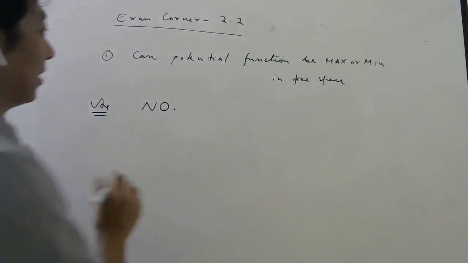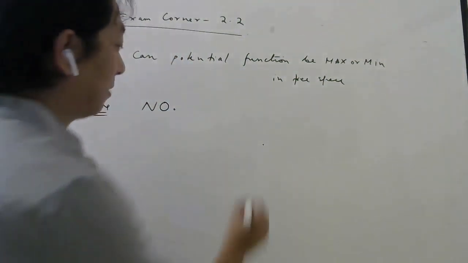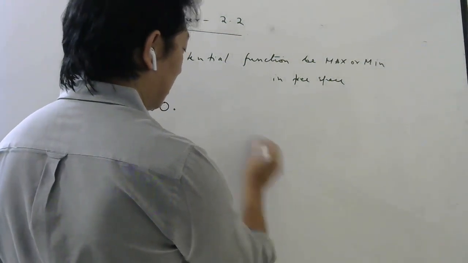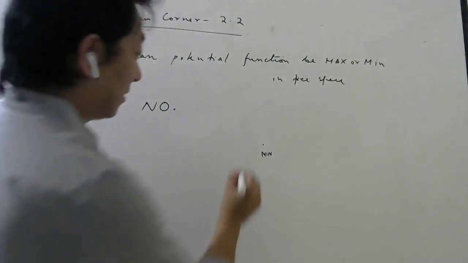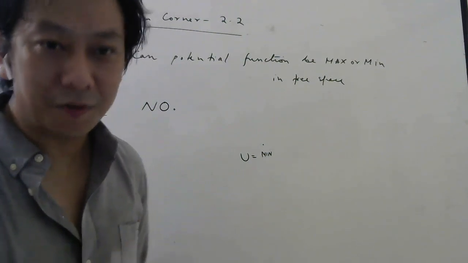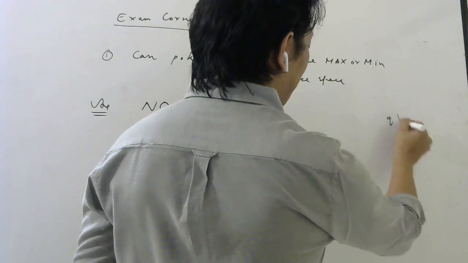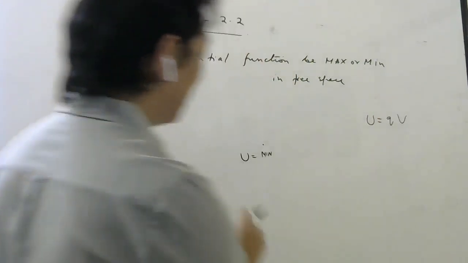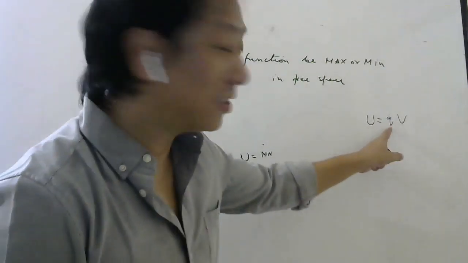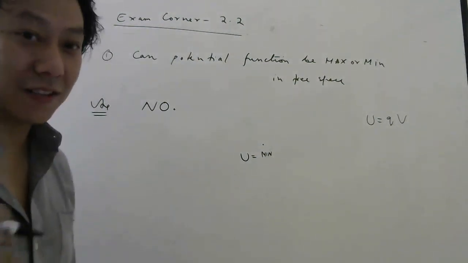Listen carefully. Think here potential is minimum, no problem. At some point, potential is minimum, let us say. If potential is minimum, potential energy of any charge will also be minimum. What is the potential energy of a charge q? It is q into V. If V is the potential at a point, then qV is the potential energy of this charge at that point, in the field of the source charge.